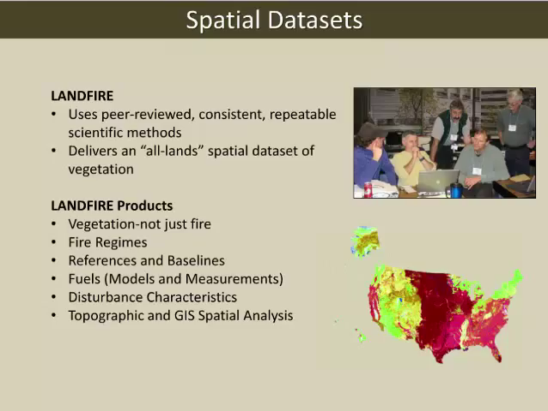I'm going to go into the spatial data sets really briefly first before we jump into the whole modeling bit. As I mentioned, LANDFIRE delivers a number of vegetation data sets, including existing vegetation type, existing vegetation height, existing vegetation cover. Those together can help you really understand what the landscape is like out there. Also, we deliver a number of historic data sets as well, including fire regimes and the data set we call biophysical settings.